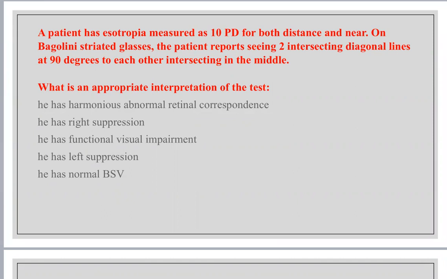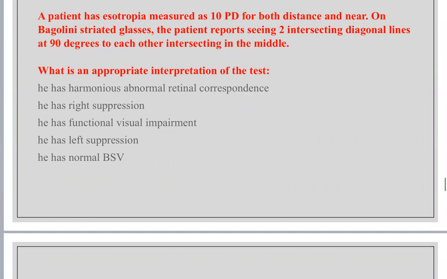This patient has harmonious abnormal retinal correspondence. This may be explaining this. He has no suppression. Right suppression is false. Has functional visual impairment? No. This patient has left suppression? This is also abnormal. This patient has normal binocular single vision? Actually, this patient may retain some binocular single vision, but the answer will be this patient will have harmonious anomalous